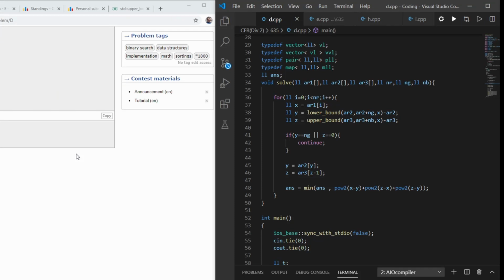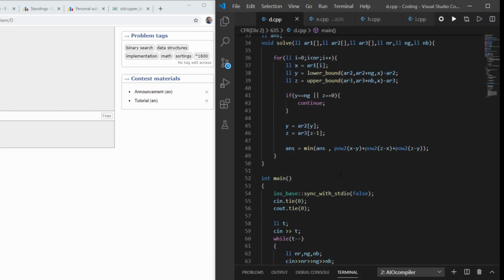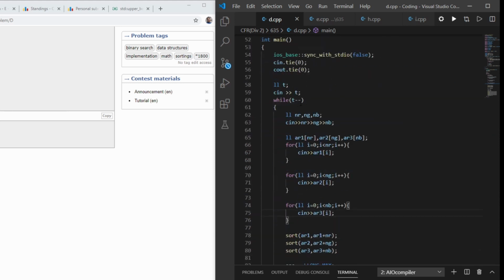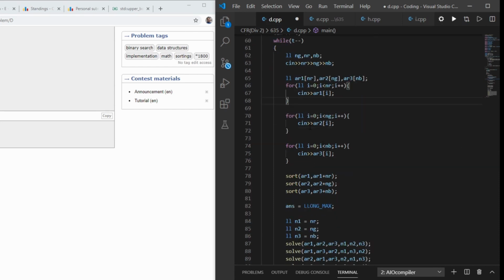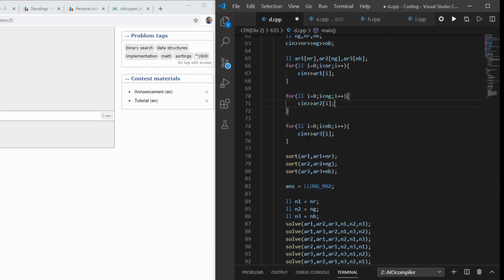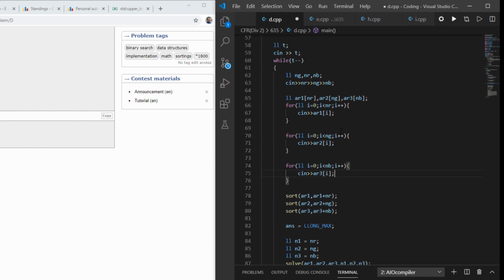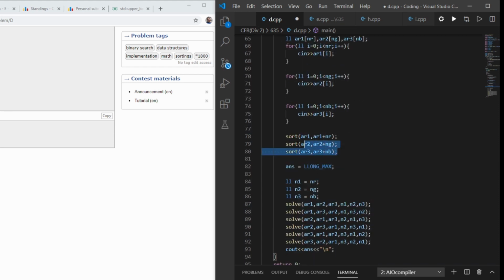I think the problem statement, for which I have written the code, might explain it much better. First of all, as you can see, I have t, then nr, ng and nb. Then I take the array elements, and it's for array 3, meaning I mark the array for the red elements as nr, then ng, and then nb.